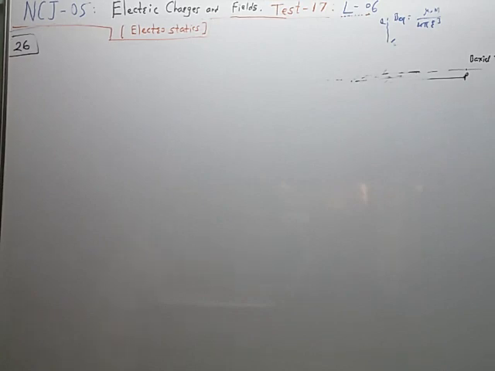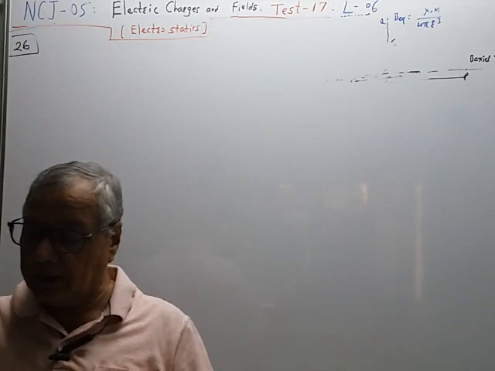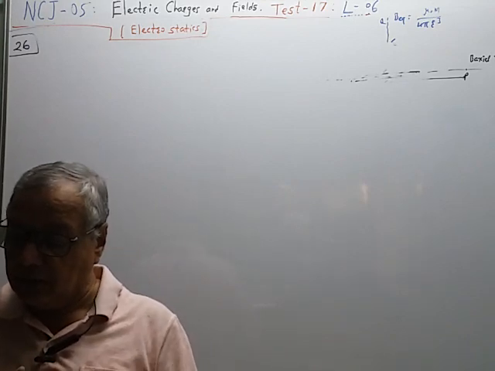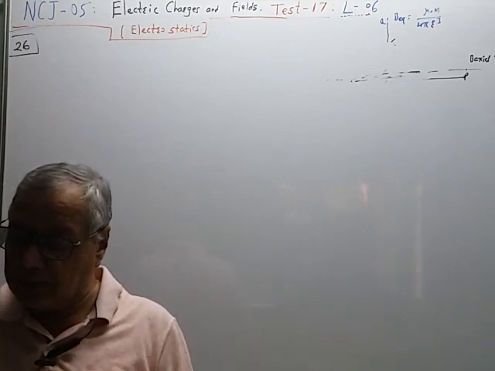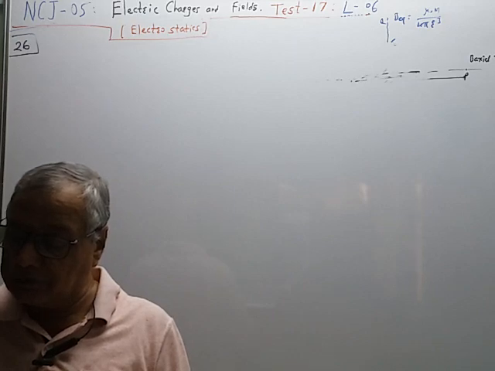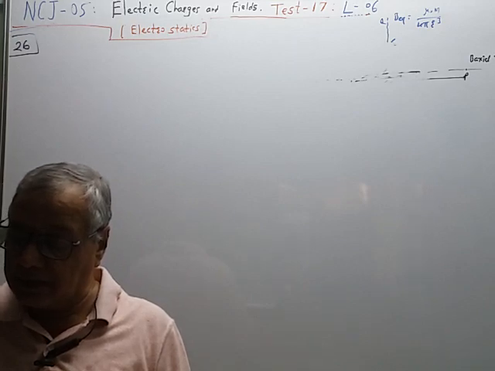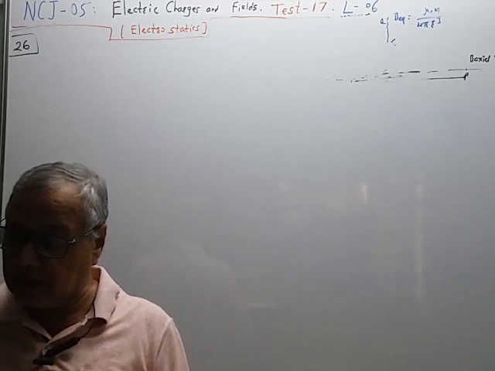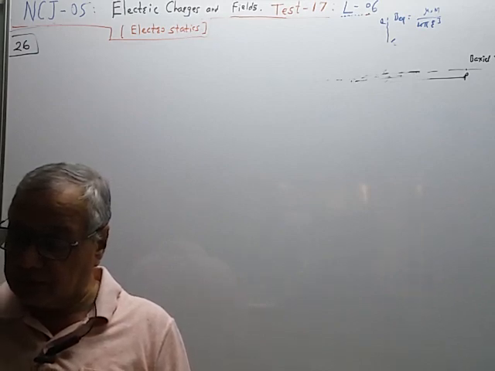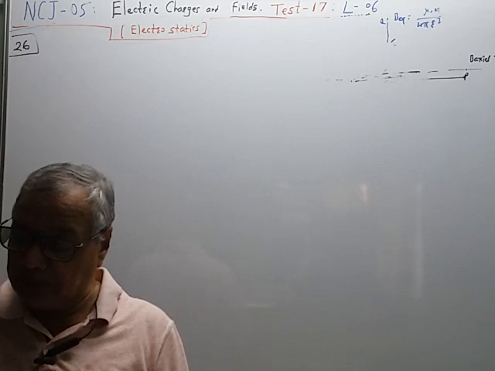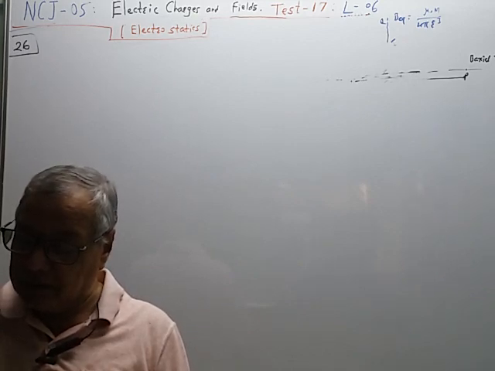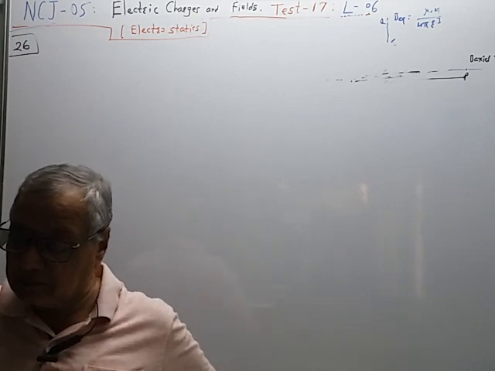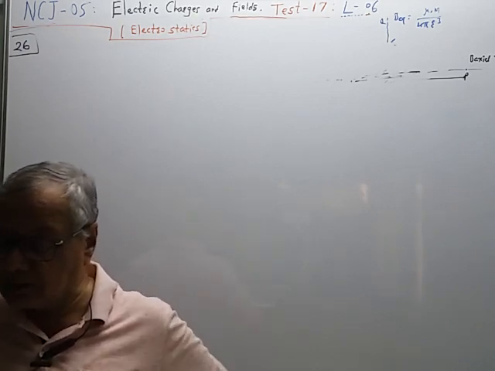Next, question number 26. The electrical intensity E due to an electric dipole of moment P at a point on its equatorial line is parallel to the axis of the dipole and opposite to the direction of the dipole moment P, perpendicular to the axis of the dipole and directed away from it, parallel to the dipole moment and perpendicular to the axis of the dipole and is directed towards it.